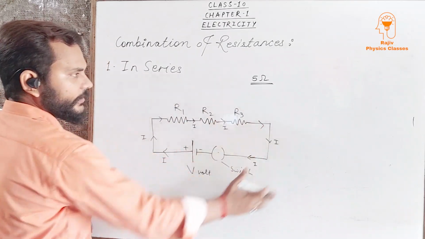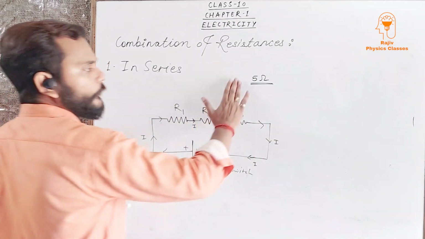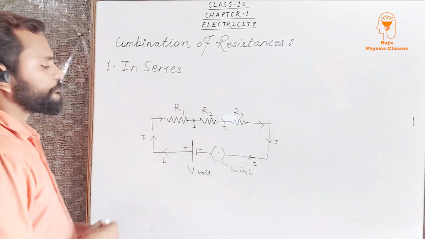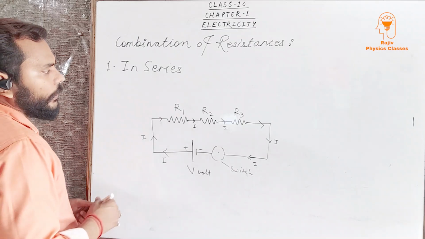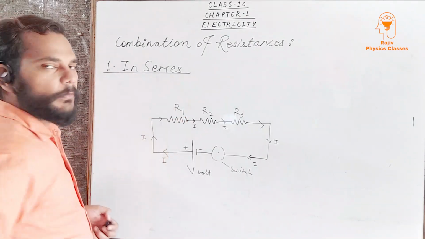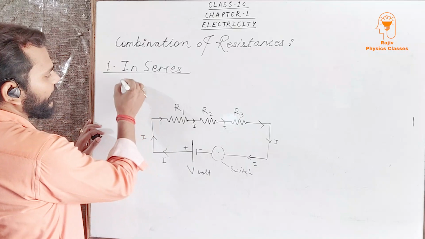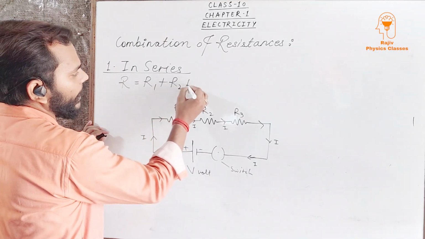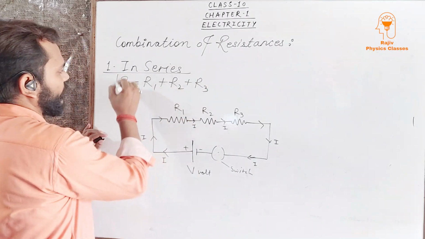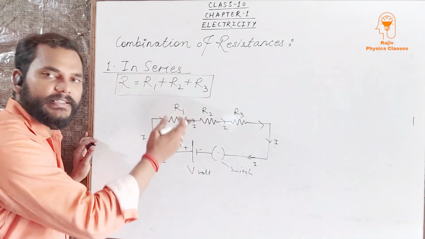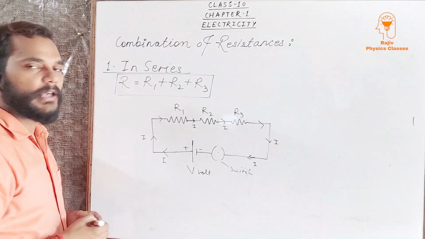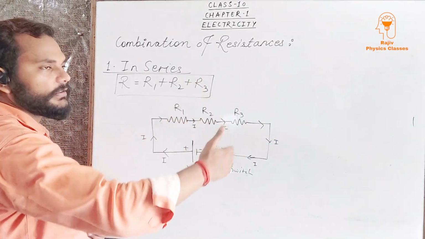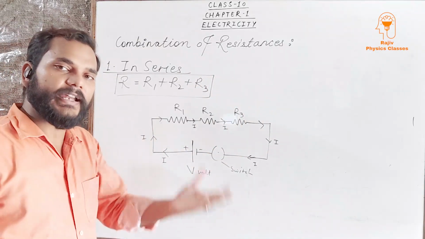Then this is the circuit diagram through which we can derive the formula for the combined resistance connected in series. Before I derive the formula, let me tell you, the answer will come R is equal to R1 plus R2 plus R3. Since here I have only connected three resistances, the formula will be R1 plus R2 plus R3. If there are four, then this formula becomes R1 plus R2 plus R3 plus R4. That means what conclusion do I get here?